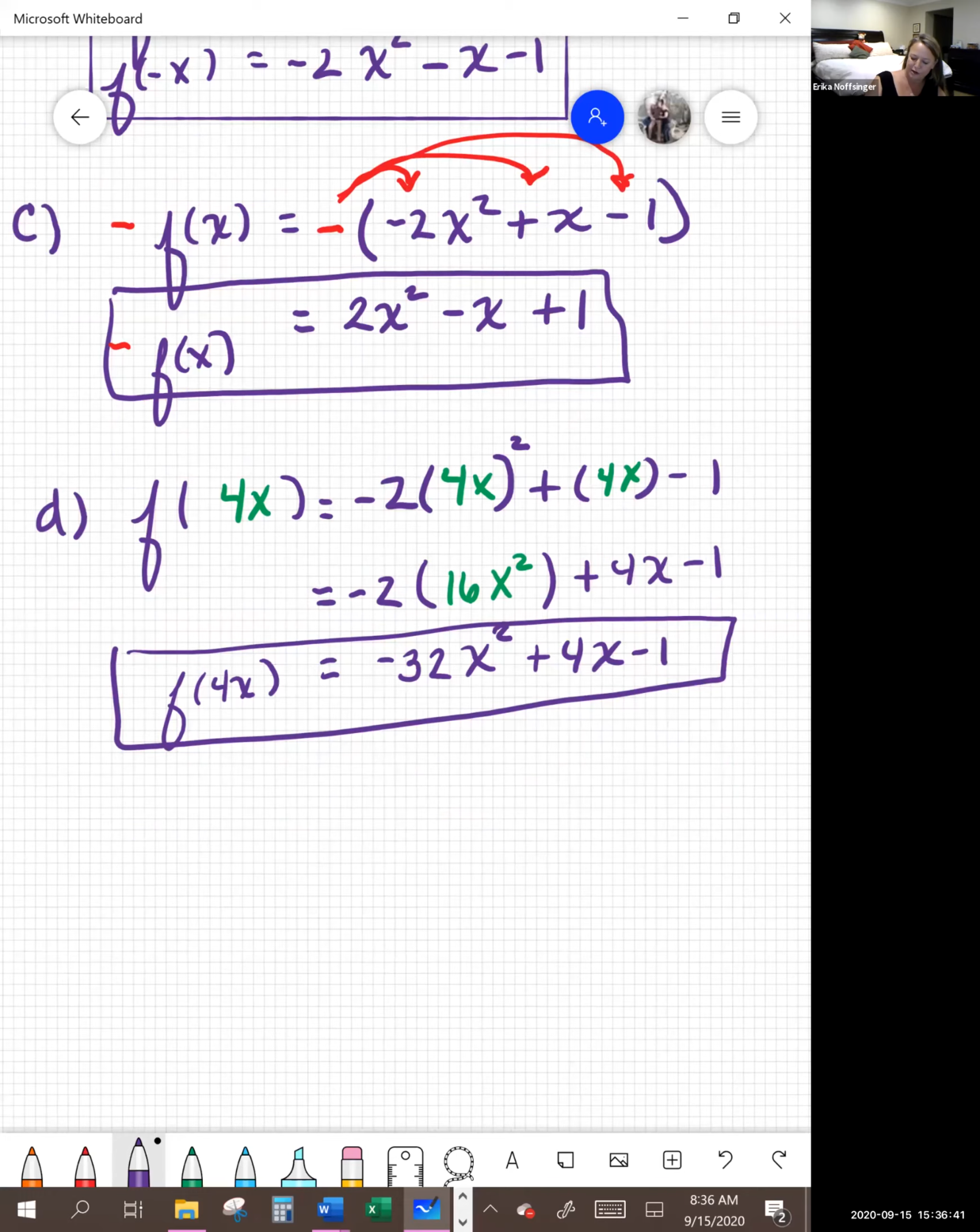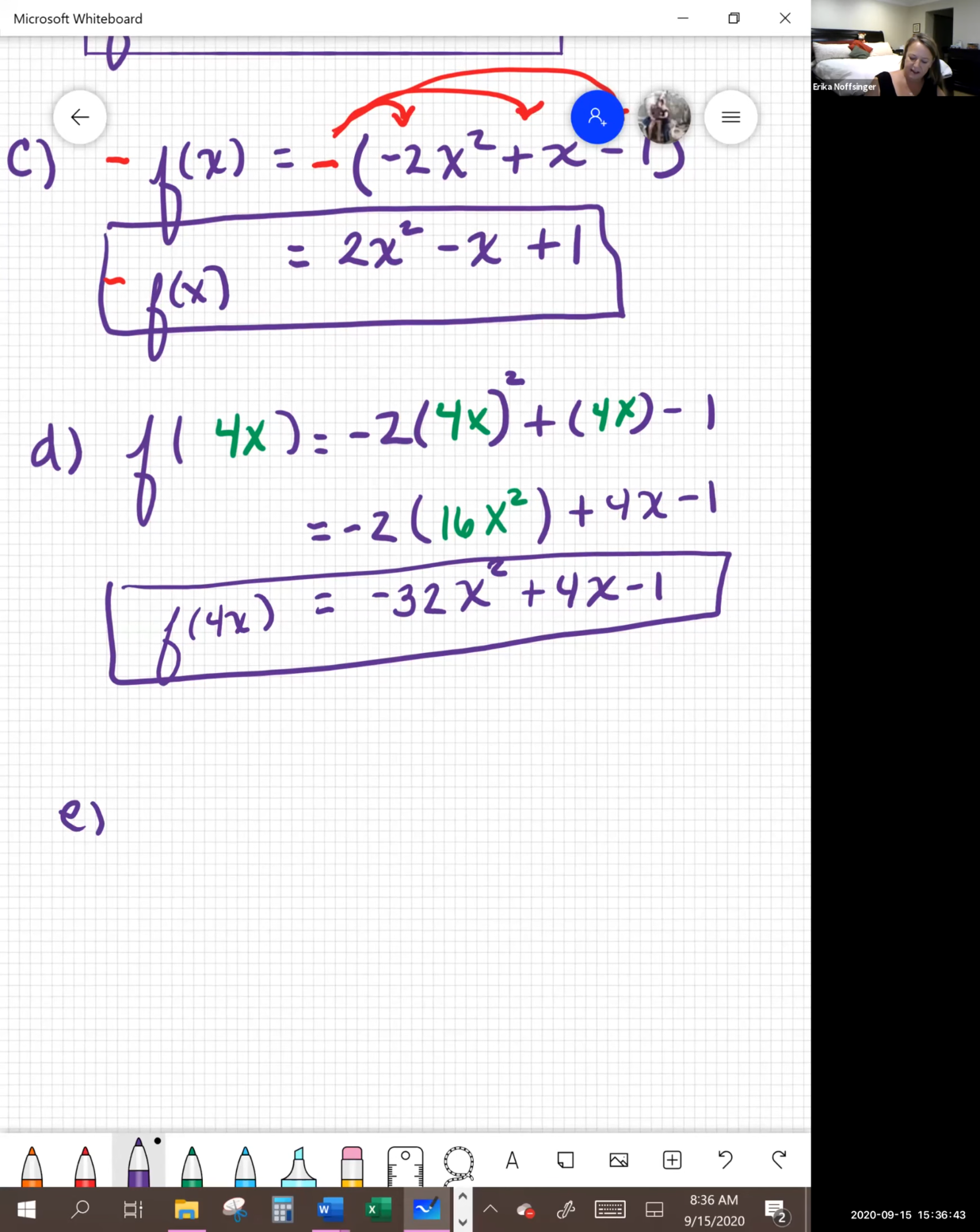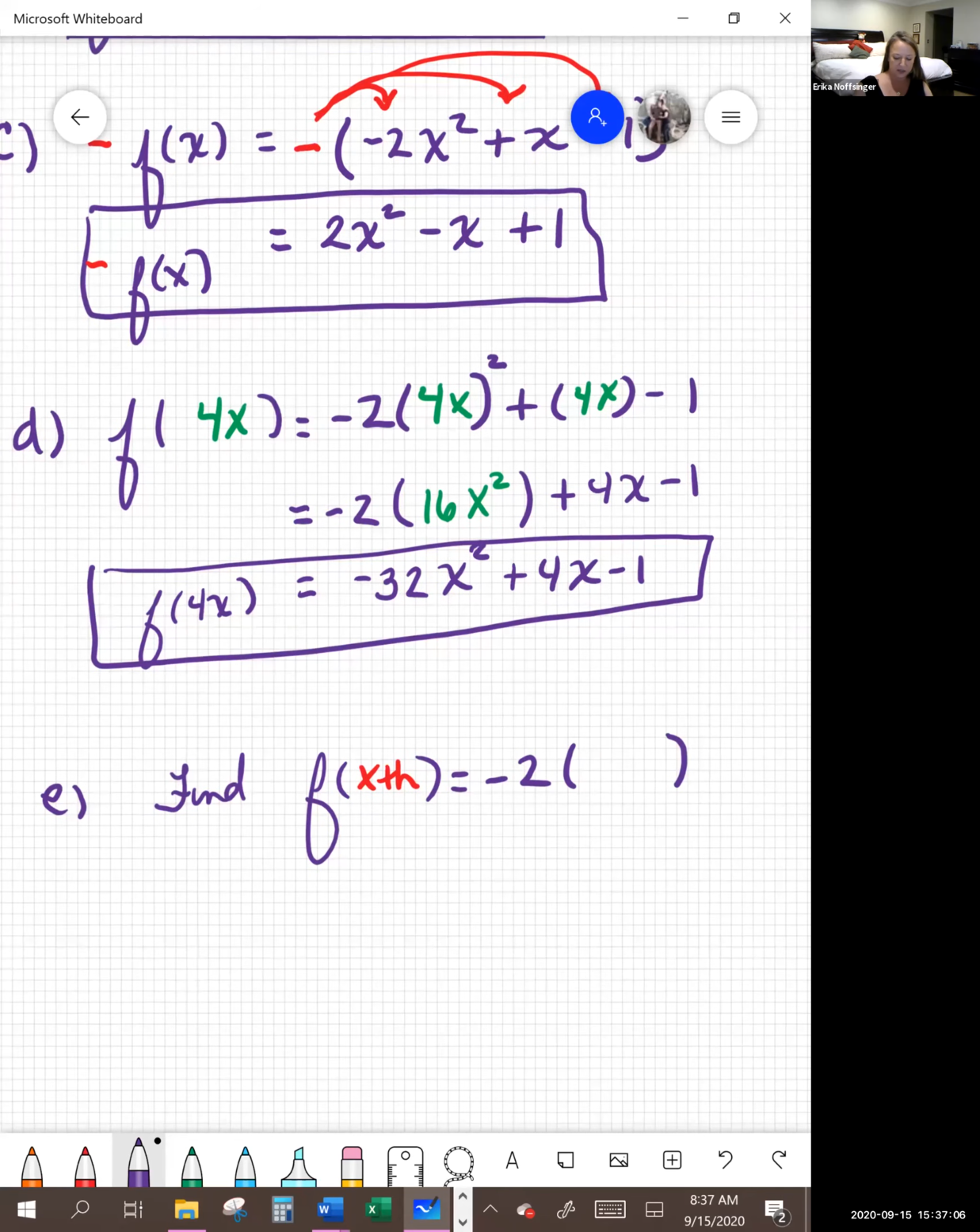One more. What if it said find, actually let's do two more. f of x plus h. So we're going to go in, so negative 2, we're going to put in a parentheses where we're seeing x, but make it big enough so we can put in x plus h. So parentheses squared